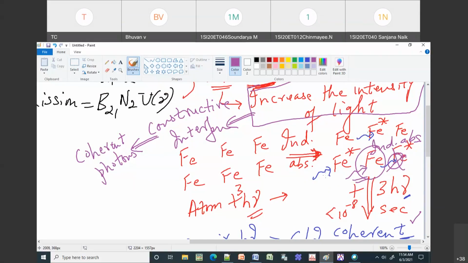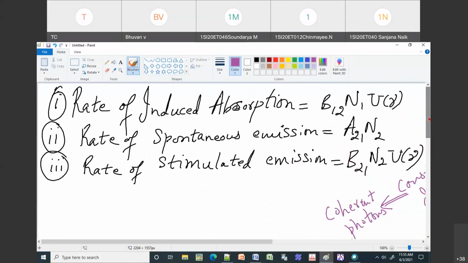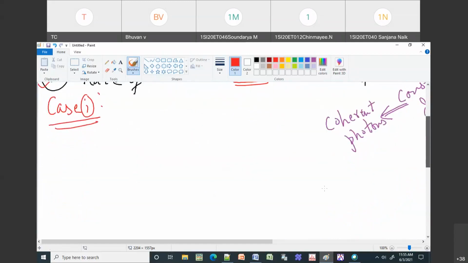So what I will do is I will see what are the conditions that will make it possible that we will have higher number of stimulated emission compared to the other two emissions, your induced absorption and spontaneous emission. So for this you take two cases, case 1 and case 2, and then you try to achieve the answer. Okay, so case 1, so we will take the first and the last. Okay, so first and the last means we take induced absorption and stimulated emission, and we want to know when we can have more number of stimulated emission compared to the induced absorption. So for that what we do is we just divide it.